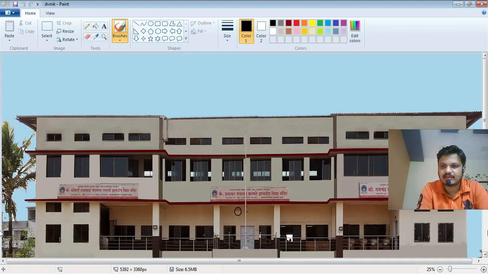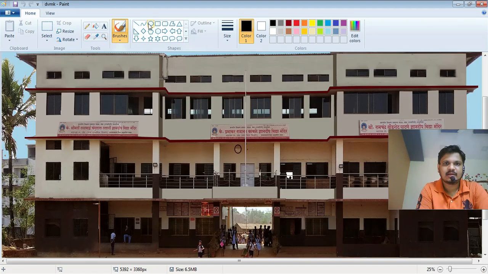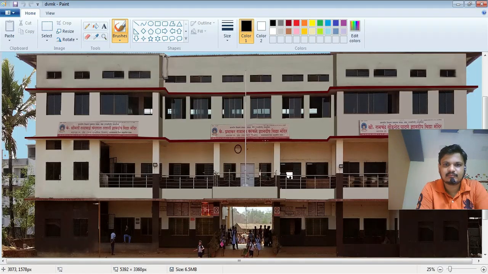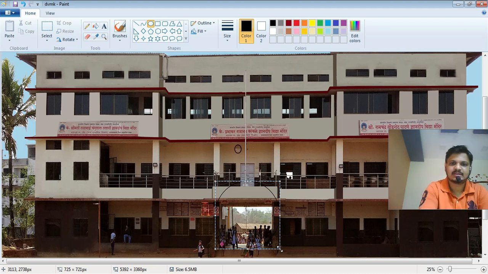Let me select it. Which type of shapes are required? Rectangle, circle and polygon. I'm going to use circle for the entrance area, so I just draw this. Now how to get coordinates?